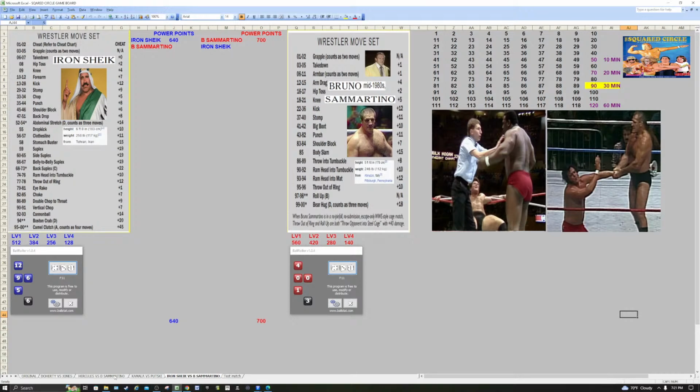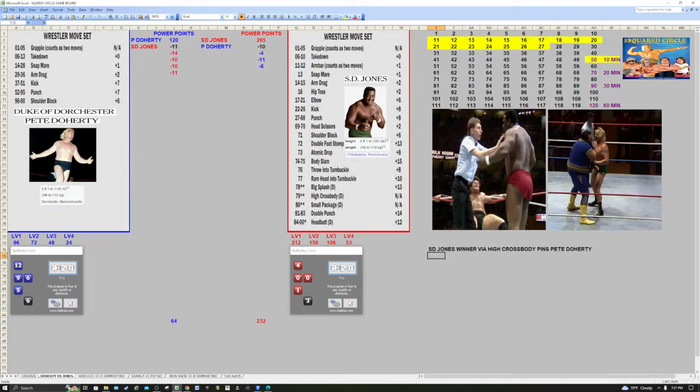Let's just go back real quick as I'm just trying to catch my breath here. So Doherty and SD. Oh, I forgot to do the time for SD Jones. I'll do that later. You could have started the match at a level 1. Instead of giving Doherty the 120, you could just say he starts at 96, level 1, and then this is percentages, it goes down. And you could start SD Jones at level 1, 212, and double the damage. Or you could quick play these. I don't know how to quick play them, to be honest with you. I didn't look at that,